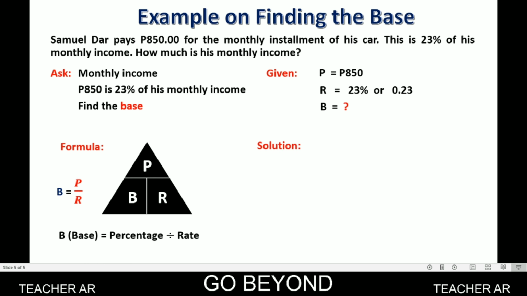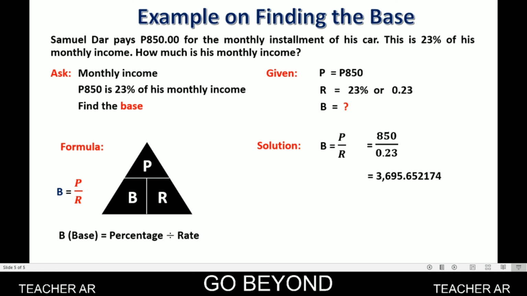So let's proceed to the solution. The first thing that we need to do is substitute the given to our formula, which is the base is equal to percentage over rate. Our percentage is 850 and our rate is 0.23 or 23%. So substitute 850 over 0.23, the rate. So divide it now. 850 divided by 0.23, that is 3,695 pesos